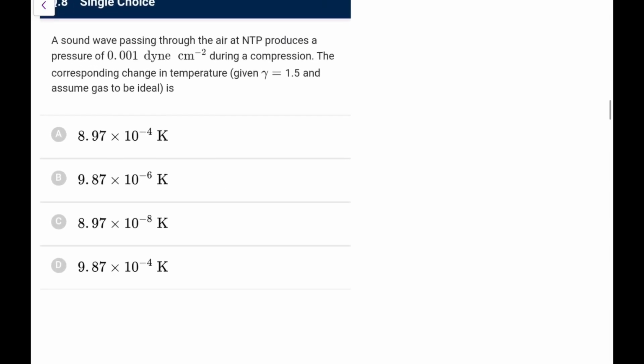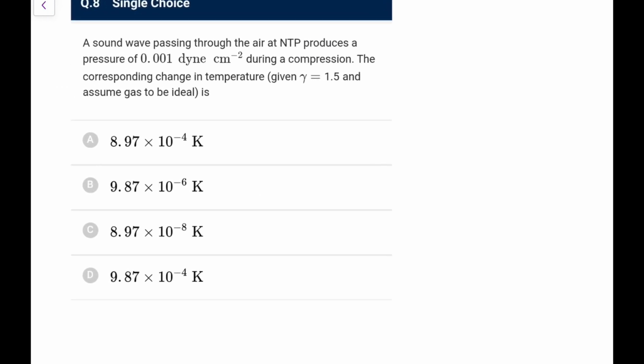Next one: a sound wave passing through the air at NTP produces a pressure of this during a compression. The corresponding change in temperature is? Whenever sound waves propagate, we know it is an adiabatic process. So the equation we write is P^(1−γ) T^γ is